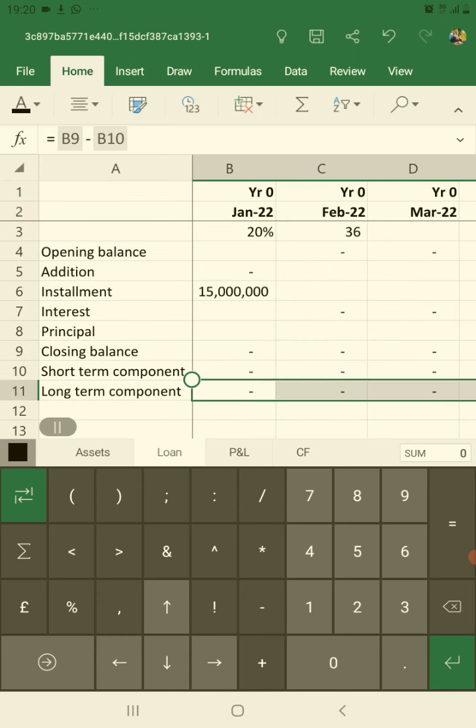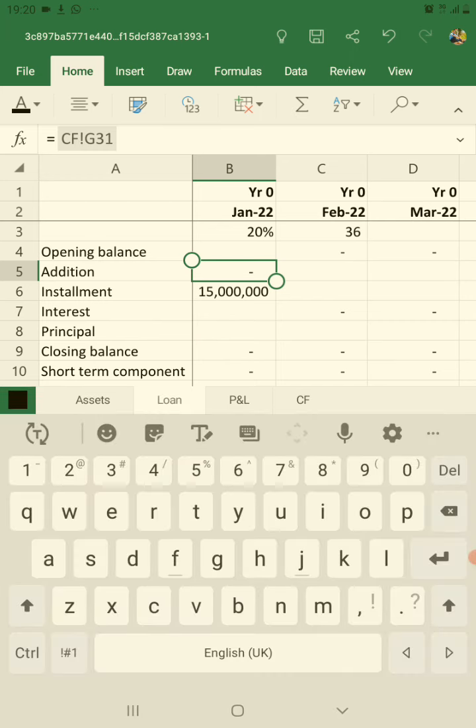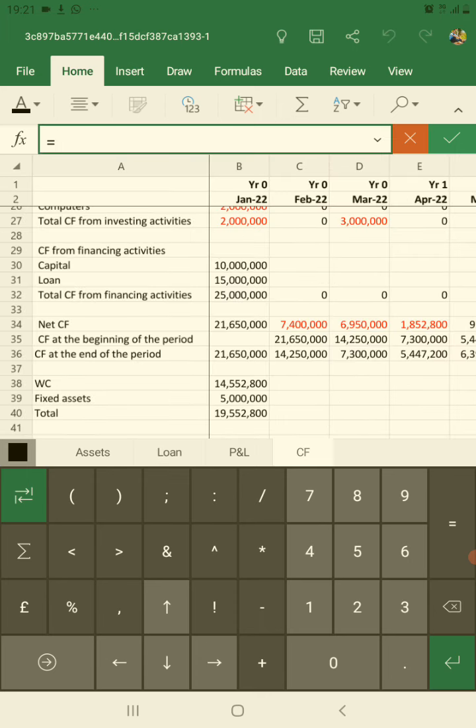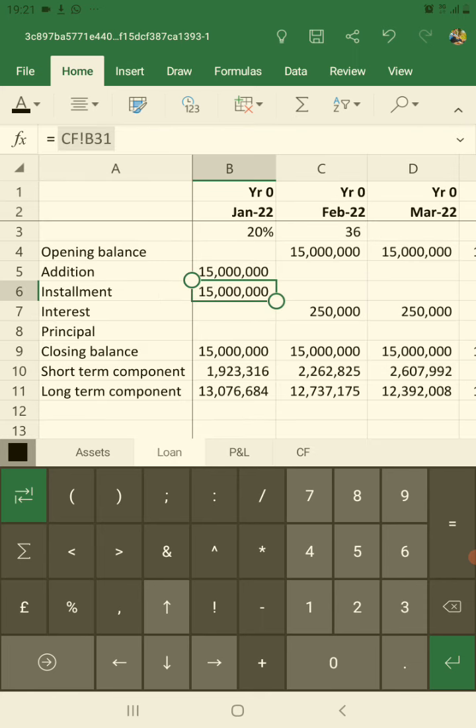addition here, you see, because I picked it in the wrong place, so I'm going to put a formula here so that I pick addition at the right place in the cash flow, which is now here in January. Enter. The rest is okay because the rest have formula. So in the cash flow here,